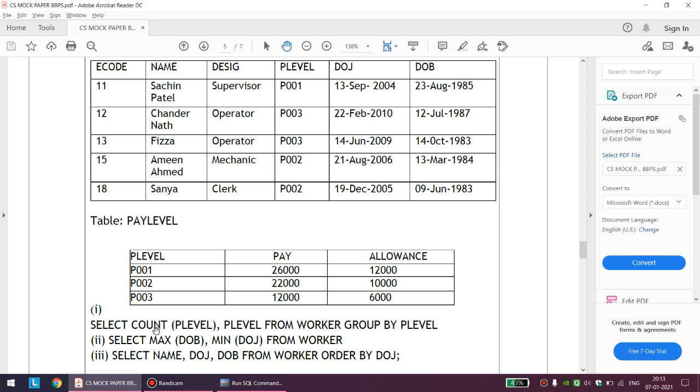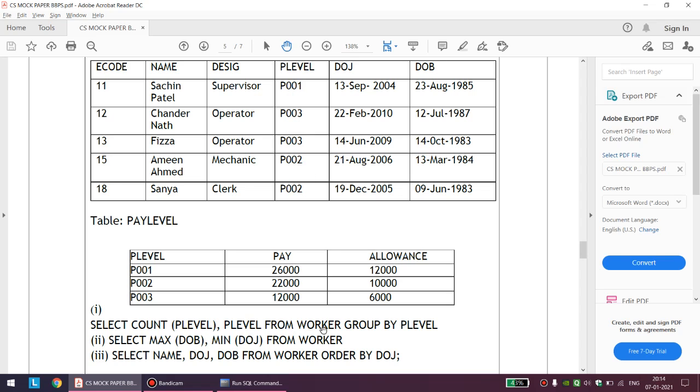Okay. Select count of P level. So what it will do, it will print the count of each P level that is coming. Now, first of all, how many P levels we have? 1, 2, 3. We have 3 P levels, P001, P003, P002, and because I am telling that there is no requirement to have any knowledge of SQL for such questions, it is very simple. What will happen? Select count of P level. So this is coming 1, so count of this will be 1. This is coming twice, count of P will be twice. This is coming twice, count of this will be twice.